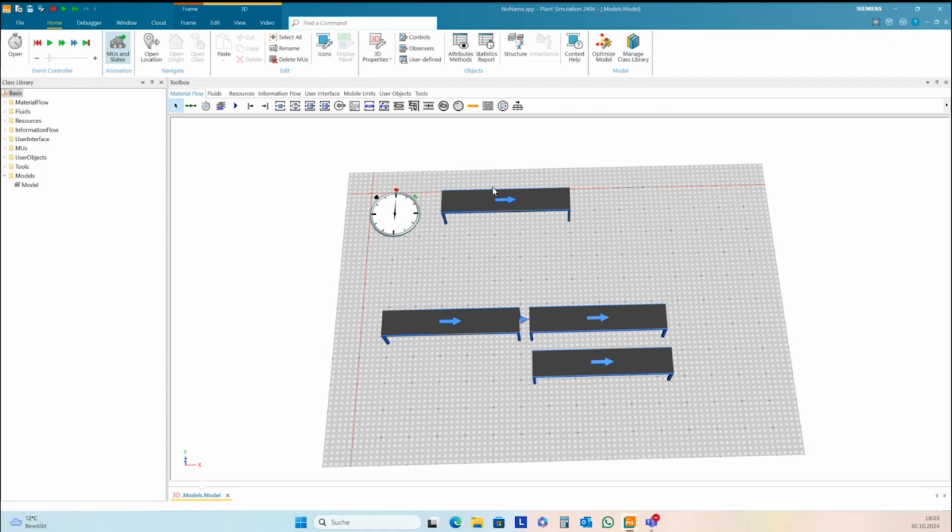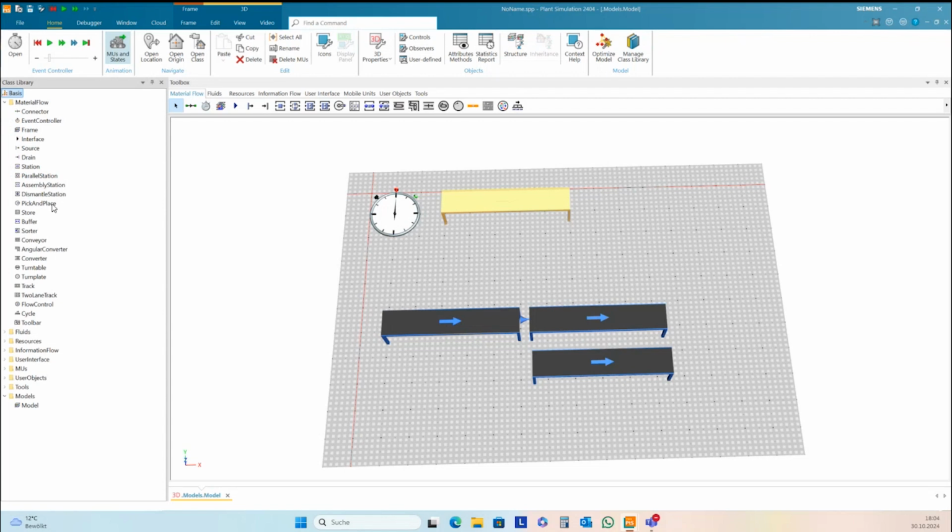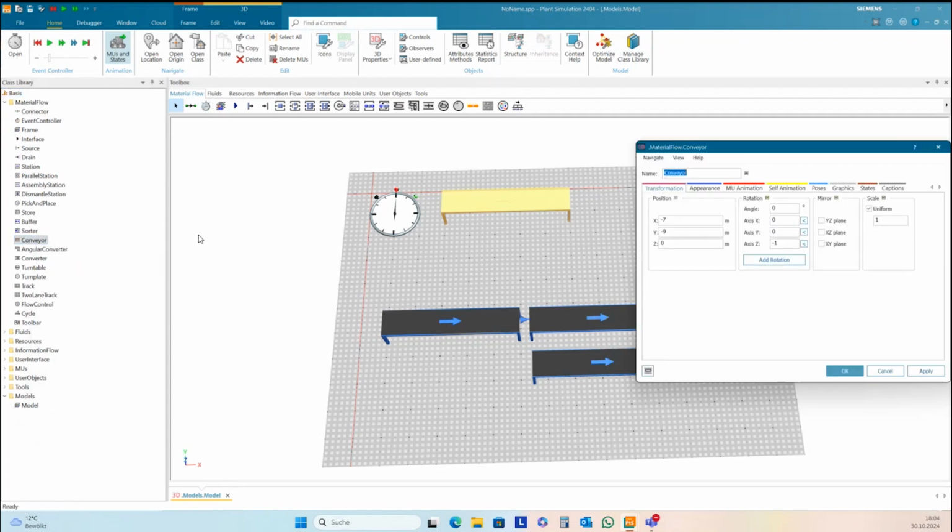Okay, I need to switch on the names in the class here. It's conveyor, 3D properties, and I need the names.